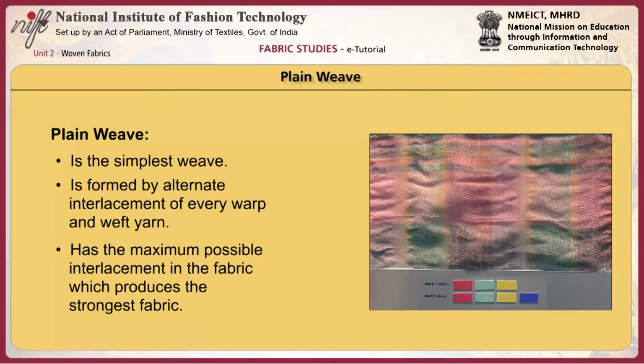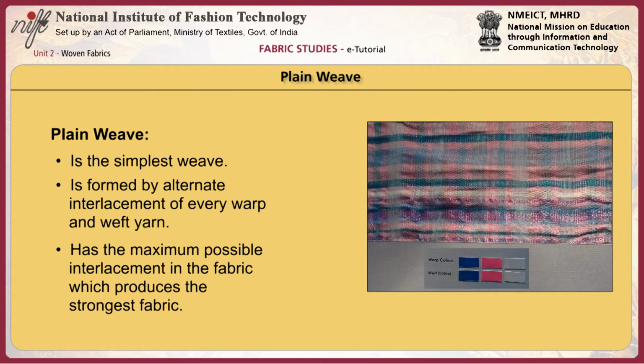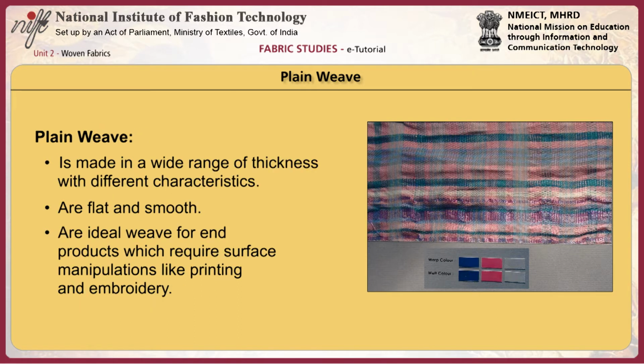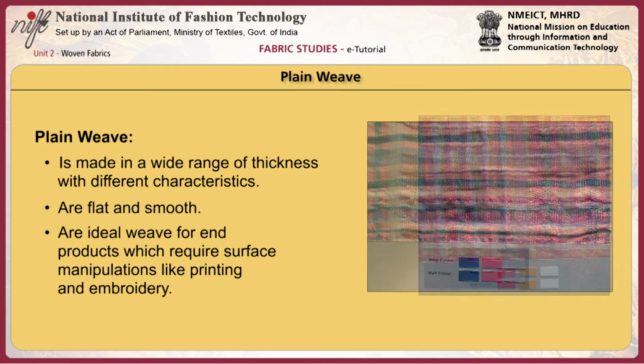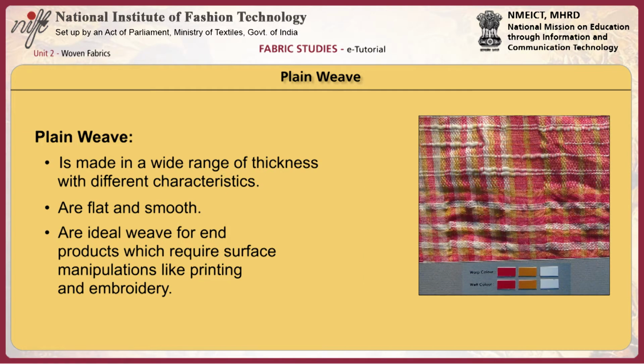Plain weave is the simplest weave, formed by alternate interlacement of every warp and weft yarn. Plain woven fabrics have maximum possible interlacement in the fabric, thus producing the strongest fabric. It is made in a wide range of thickness with different characteristics. Plain woven fabrics are flat and smooth. Both sides of the fabric look similar and it is an ideal weave for end products which require surface manipulations